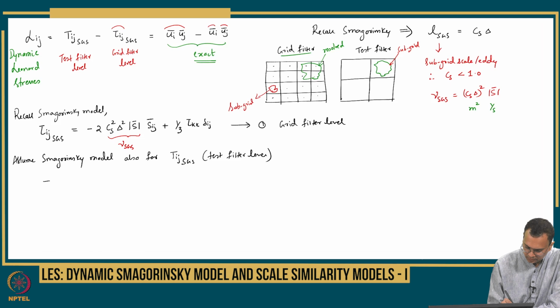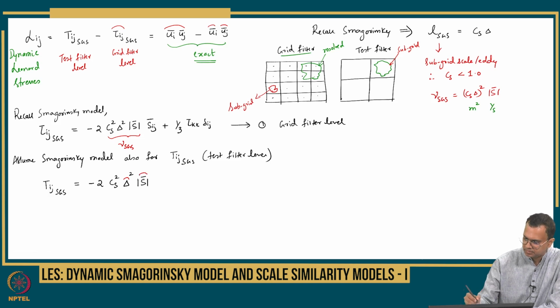So what we do is Tij SGS modeling analogous to the tau ij SGS here. Of course, this is minus 2, we can call it CS square, let it be there for some time, we don't know what it is, and now the test filter size will come, square of that, CS delta cap square,